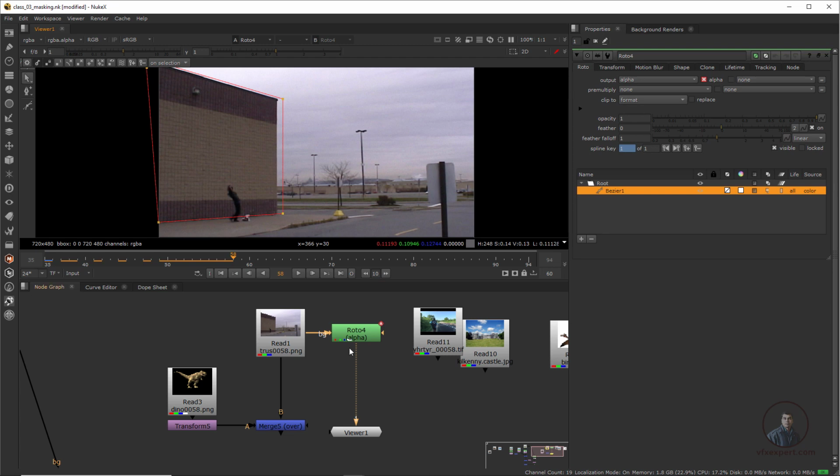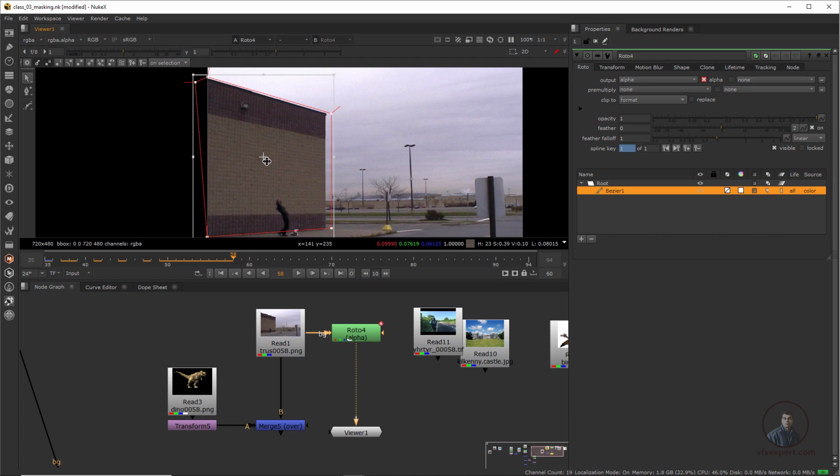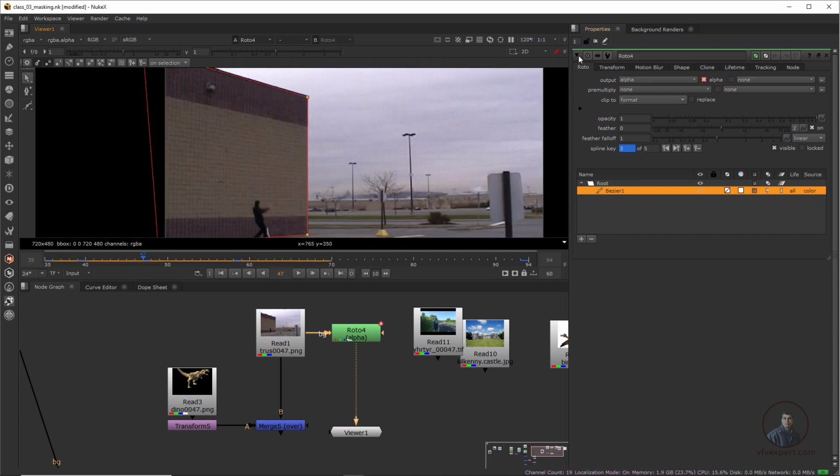By default in Nuke, roto shapes are automatically animated. So if you adjust these shapes, they will automatically animate in Nuke. Now select all shapes here and move them. I am roughly going to animate here. Later we will cover roto in Nuke in detail. This is only for explanation. So maybe this is looking good here.